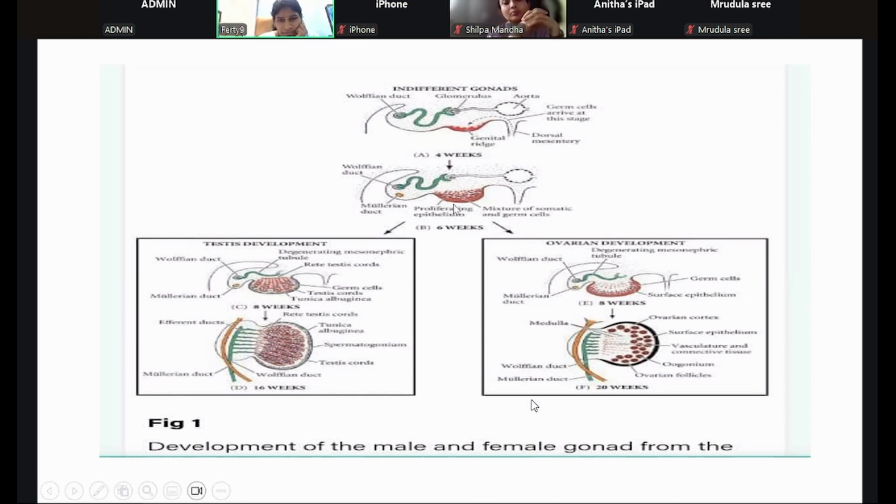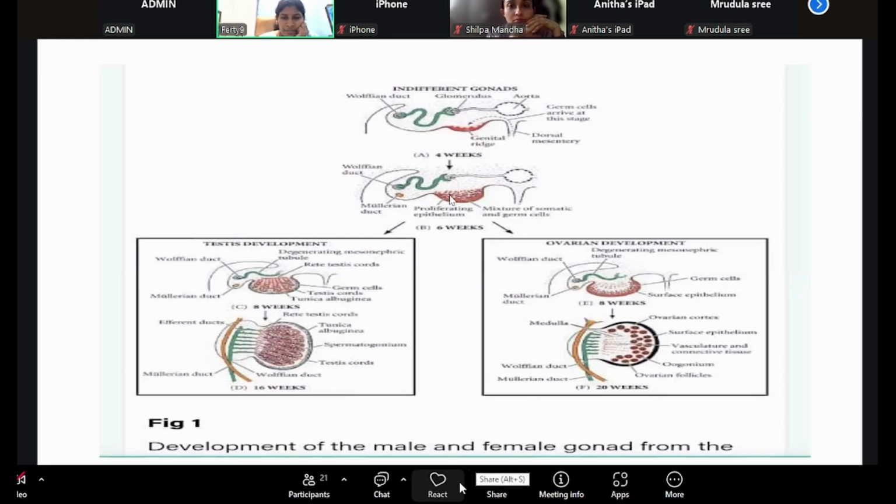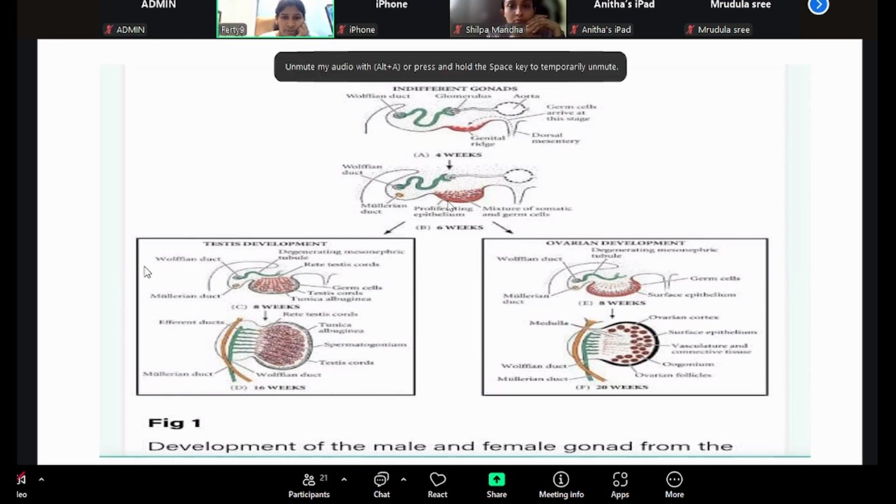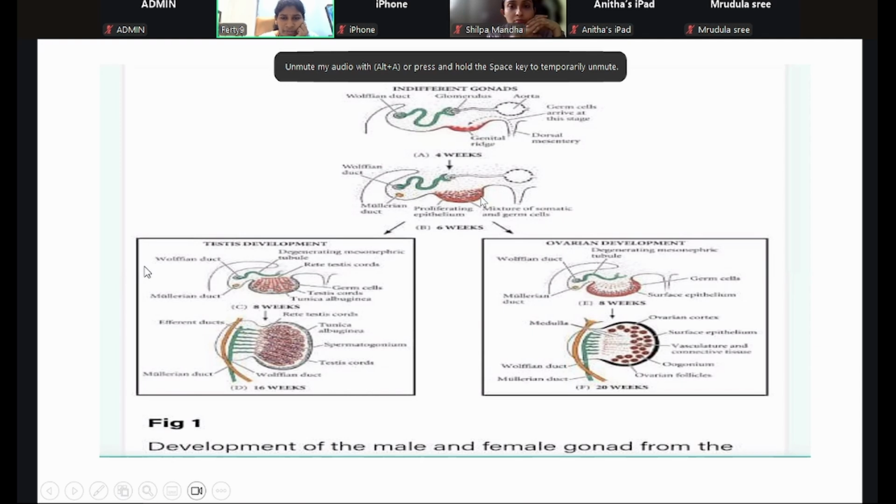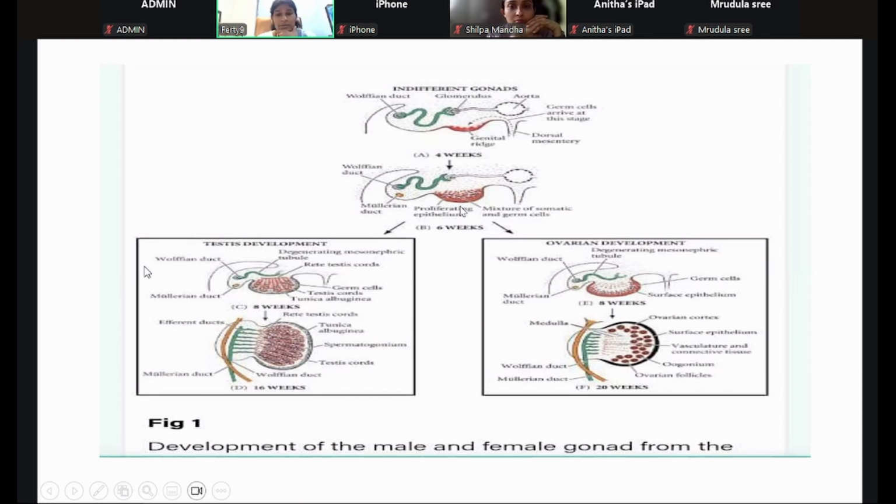And then a lot of sex germ cells will migrate and come near the genital ridge. And then there will be some amount of mesoderm, intermediate mesoderm, here. Along with that, a few cells will multiply from the epithelium near the genital ridge. We have all kinds of tissue here, mesoderm, ectoderm, endoderm, everything, and then the germ cells will slowly divide and form cells like Sertoli cells and Leydig cells, and then they will form the seminiferous tubules, everything.